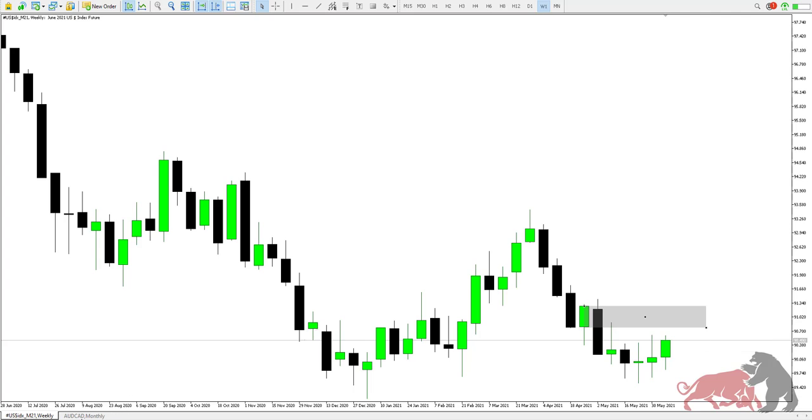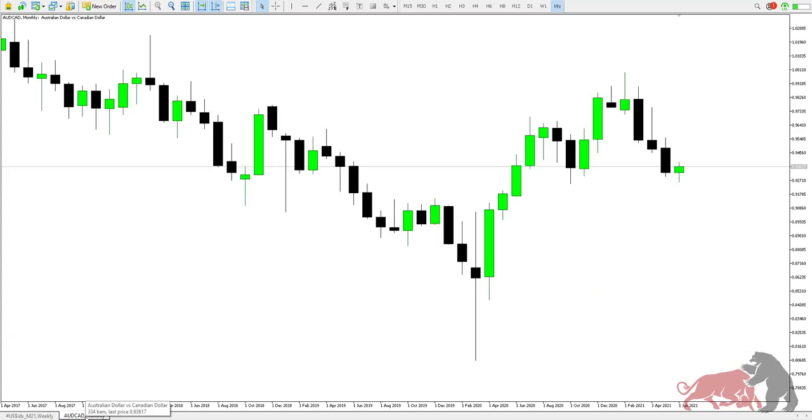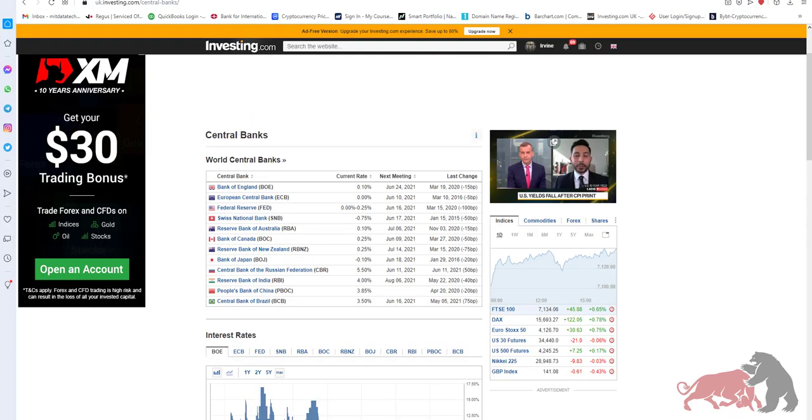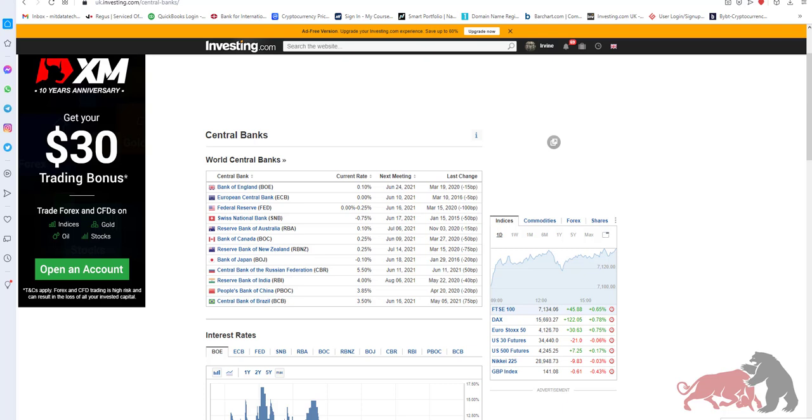So now, coming back to AUDCAD, institutional pairing in dollar-based strength, if I come to my central banks, the interest rates, you can clearly see Aussie dollar, the central bank rates are sitting at 0.10%. And then we've got CAD, the Canadian dollar. Their rates are set at